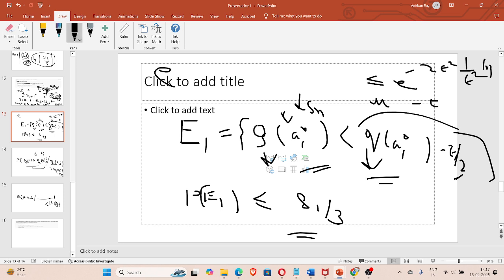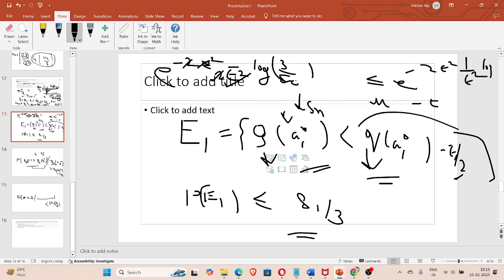So e to the power minus 2 epsilon squared, and the L value is epsilon squared into log of 3 by delta_L. So what happens, this is gone, this is gone, and the 2 is also there, you remember the expression. So 2 times 1 by 2 will be 1, and so this 2 is cancelled, this epsilon squared is cancelled, minus is there,